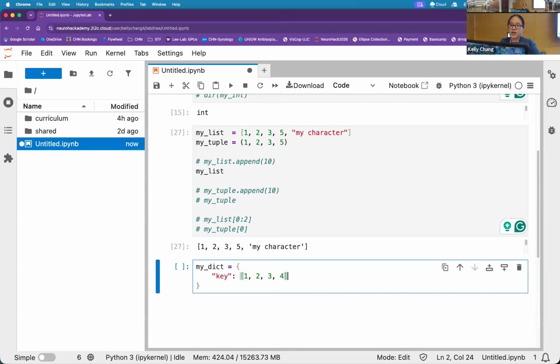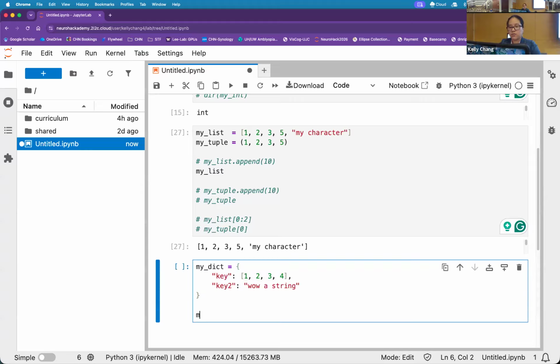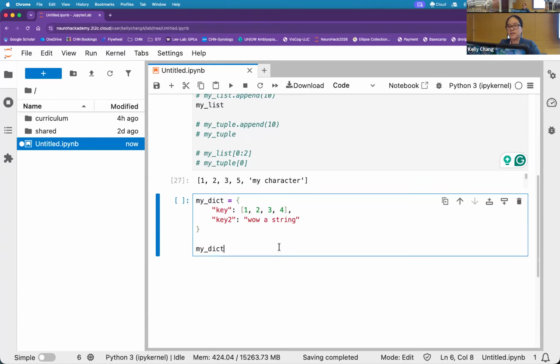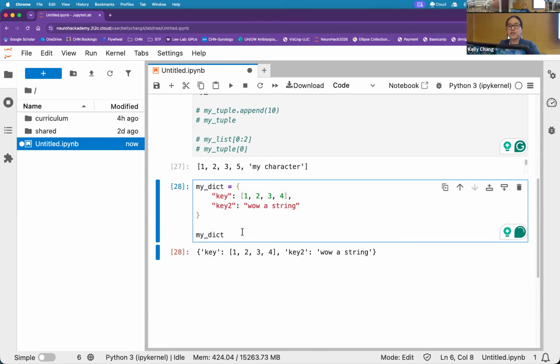Your value item in this kind of setup can be sort of whatever. But you do need to have this kind of pairing where there's a key to some sort of value separated by a colon here. So let me give you a key to some other item here. I'll do, like, wow, a string. Run this so you can print it to see how this changes. And you can see there are those squiggly braces, and you have a key to any sort of value pairing. How do I refer to things out of my dictionary? You refer to it by the key. Please note the square braces to index into the dictionary. Specifically, if you call the key, it'll pull out the value.